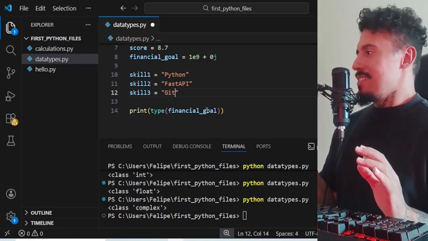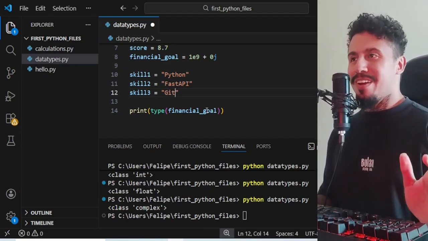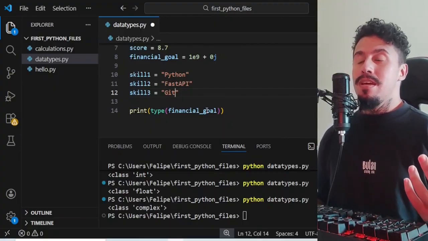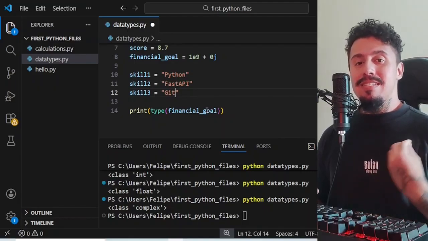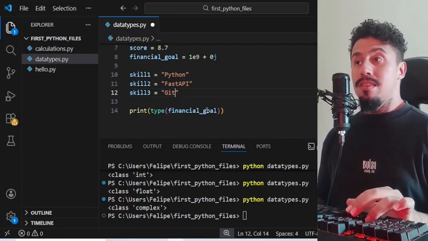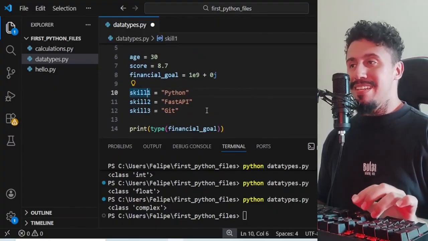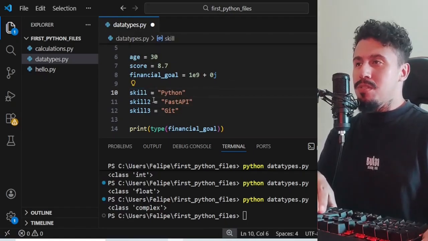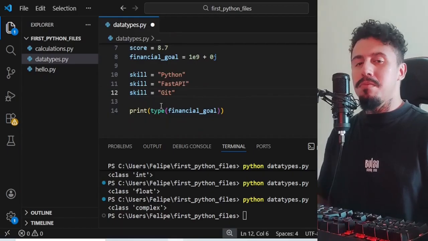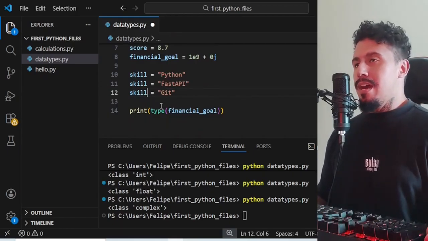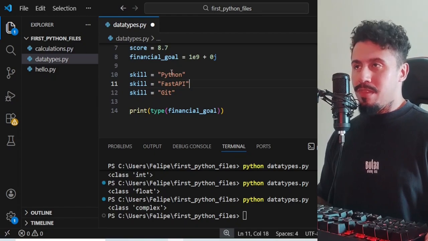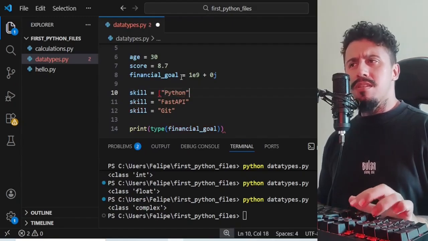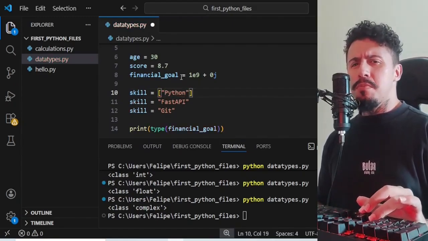This doesn't look good. Doesn't look right, doesn't feel right, and it's not right, because we have a data type that stores a sequence of data. The first one is the list. So instead of creating multiple variables to store multiple related data, I can basically open square brackets, that's how you say it, or brackets, I believe it's brackets, right?